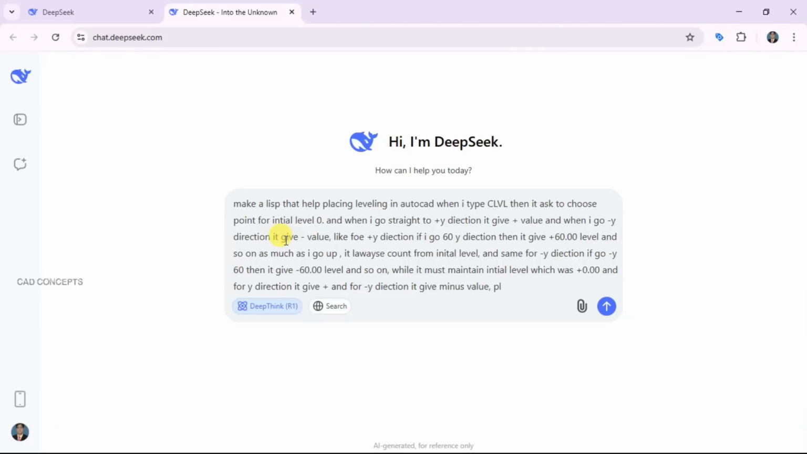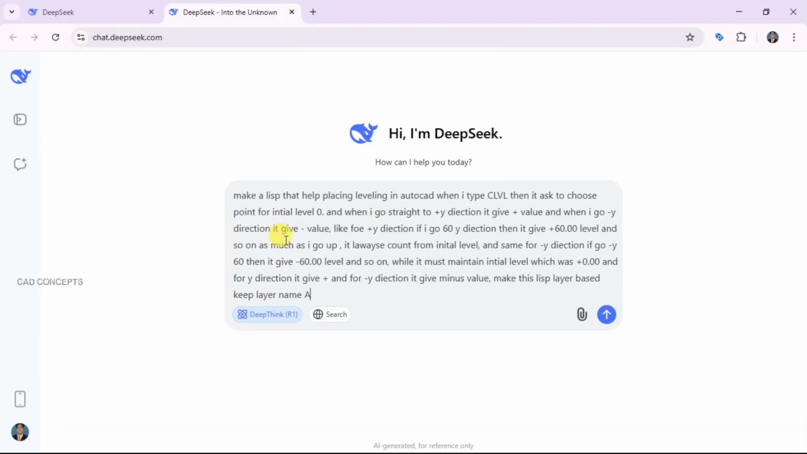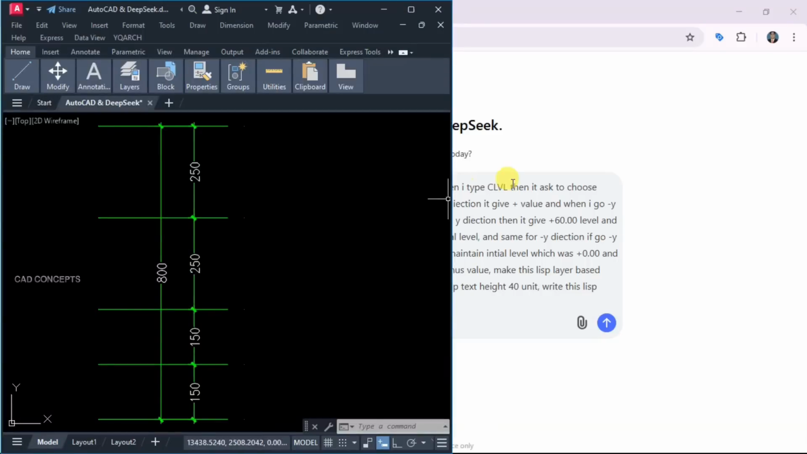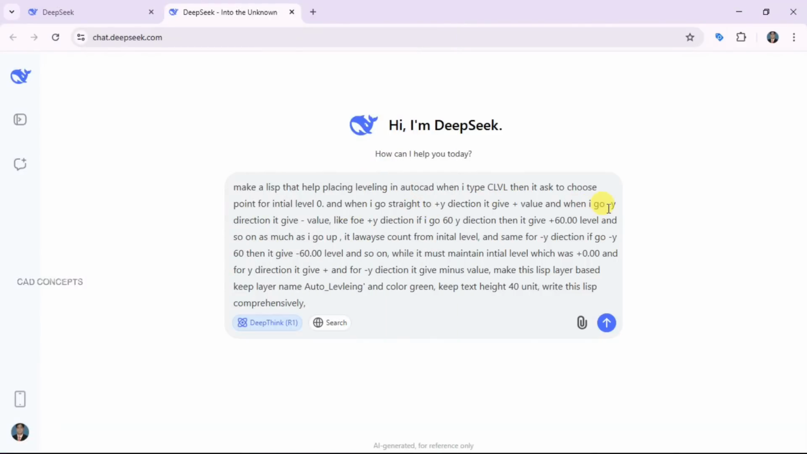So we have explained the detailed situation here. Make this Lisp layer based. Keep the layer name auto leveling and color green for the text, and keep the text height 40 units. Write this Lisp comprehensively. What I explained here: make a Lisp that helps place leveling in AutoCAD. The shortcut key is C level, and when I go in a plus value, it will give plus, and when I go minus value, straight to Y or straight to minus Y,